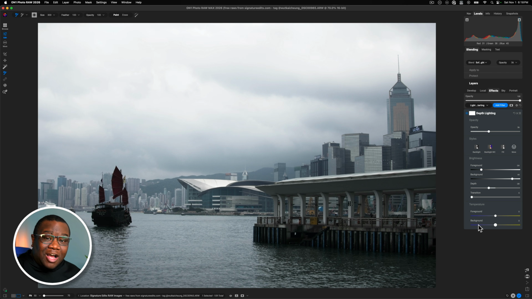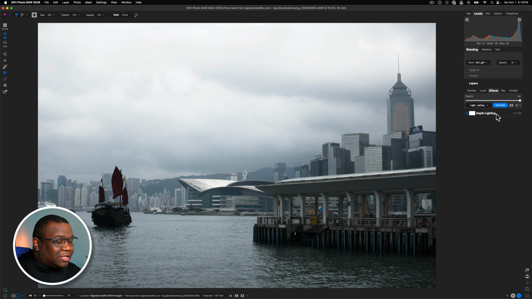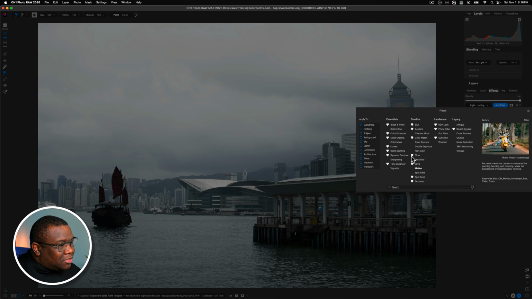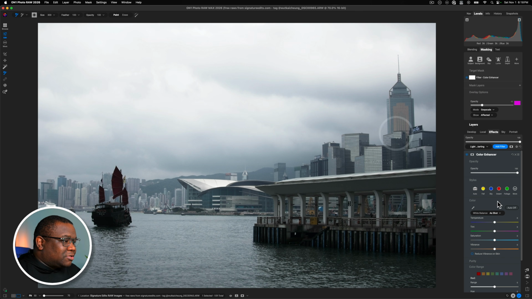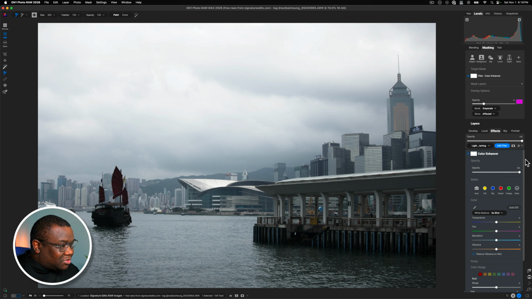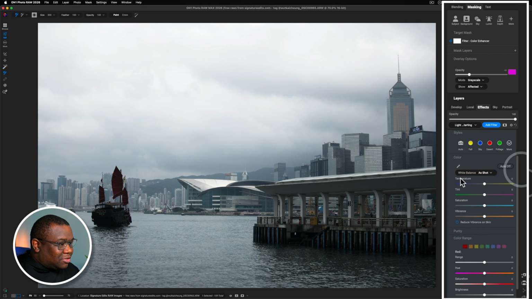No worries. I'll show you how to work with that. So now that we have our lighting effect the way that we need it, let's go ahead and hit add filter. And then we're going to come over to color enhancer. Now, the reason why I use the color enhancer is specifically for the tools that are underneath color. I get temperature, tint, saturation, and vibrance, and I can apply that